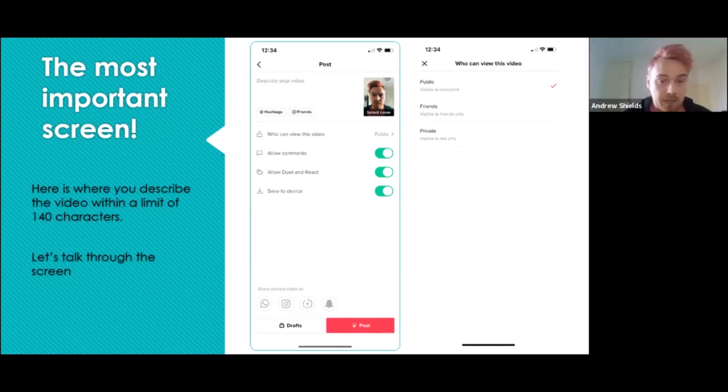And then you've got the bit at the bottom, share posted video to WhatsApp, Instagram. The plus sign is like a story on Facebook, and then Snapchat. A lot of young people save drafts on TikTok, so this is where they record the video. They either don't like it or they feel a bit embarrassed to post it. They'll keep it in drafts. And then a trend comes around once in a while that says post your first draft, and that's usually what they post.